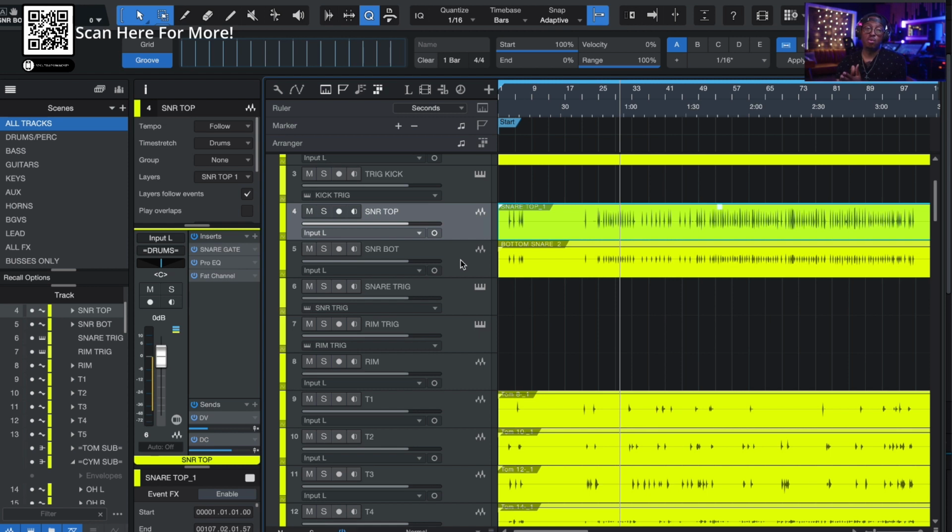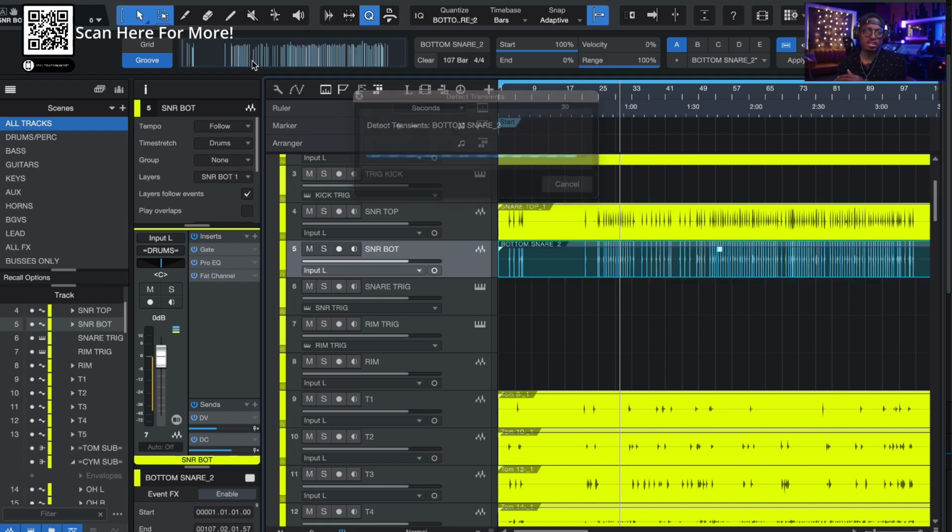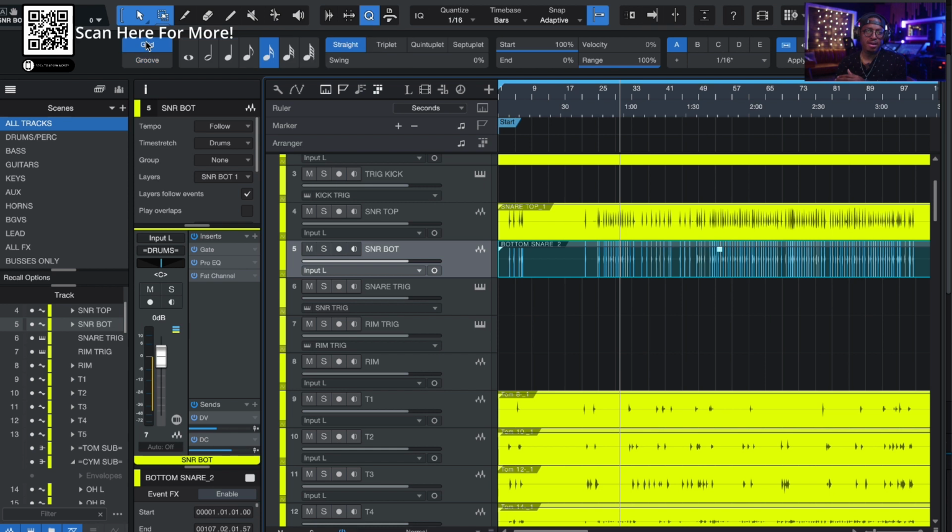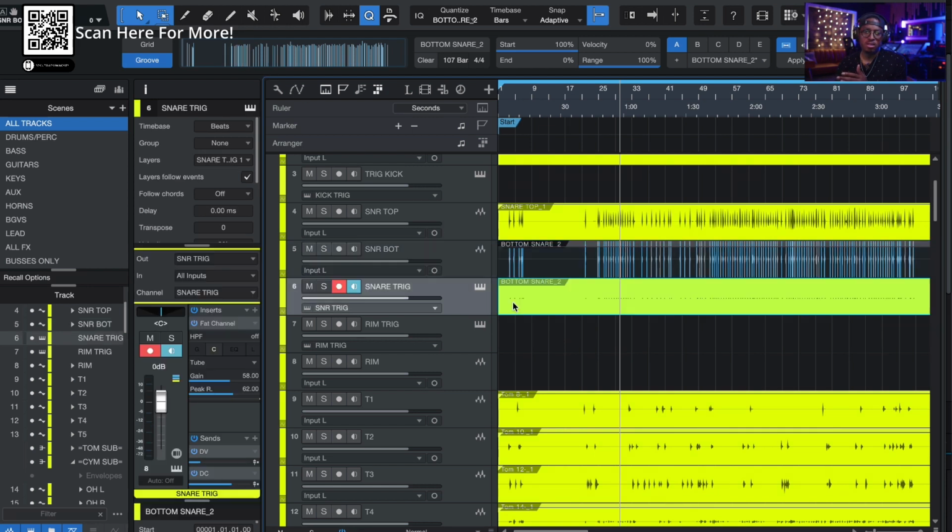That's one way to do it, but the way that I prefer to do it, which lets you get a little bit more into the details and be able to edit the track a little bit more and have more control, is to go to the quantize section here in your top toolbar, grab the snare or kick or rim, and just drop it on the groove section and it'll analyze it. Now, you might be in grid mode, it'll look like this, but you go to groove, drag it up there. Once you've done that, you can just click and grab, and literally drag this down to the snare trigger track. And now when you press play,